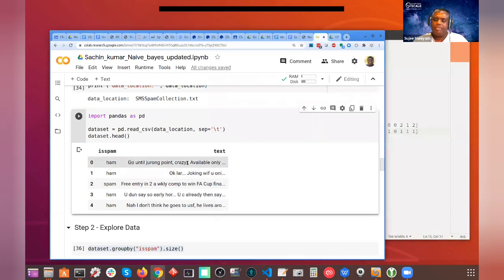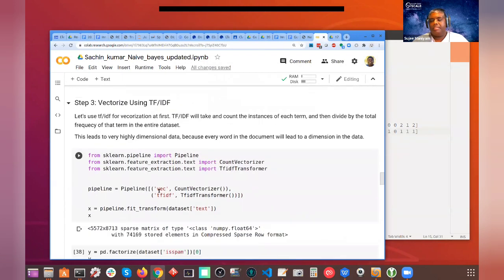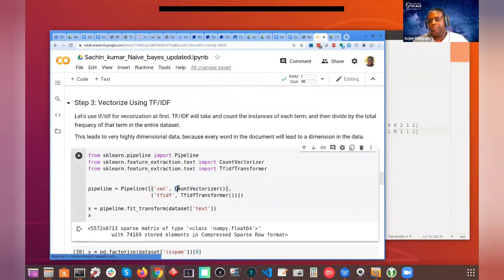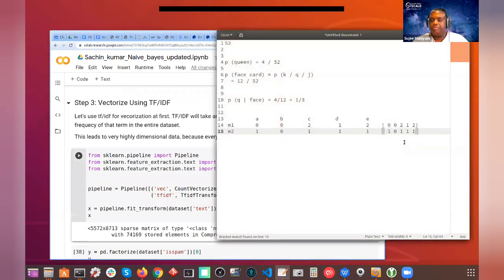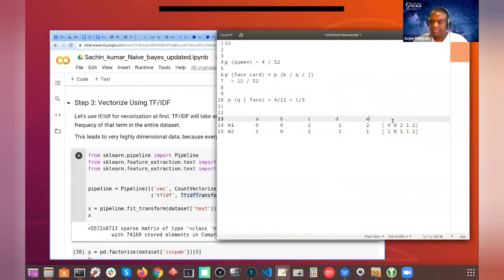Okay, so how do we do this? Inside, here's my count vectorizer, I'm counting. The count will give me the individual word counts. But then I'm doing another thing called TF-IDF. This is like scaling. So imagine, let me add this here. Let's say I have a word "the". Let me move the vector over. As you can imagine, "the" is such a common word. Pretty much every text message might have it.